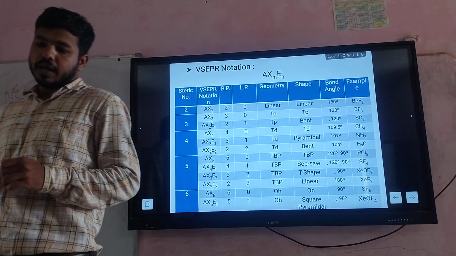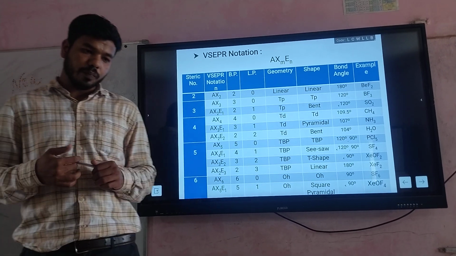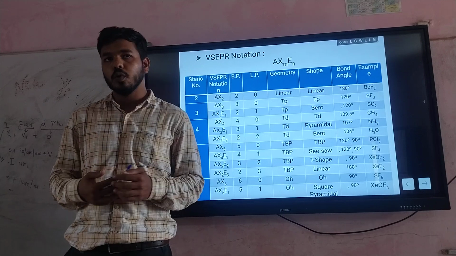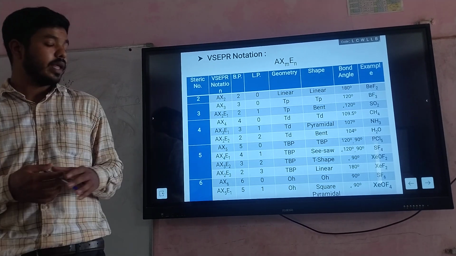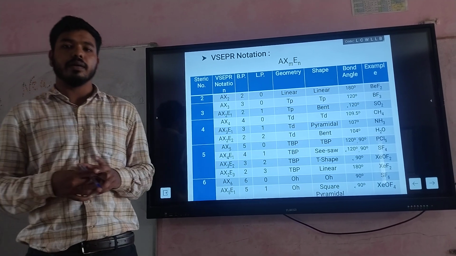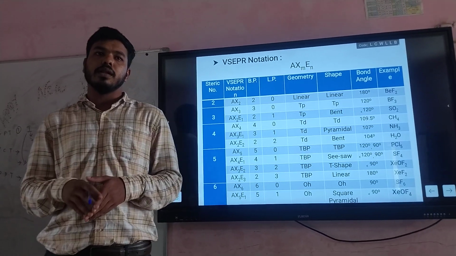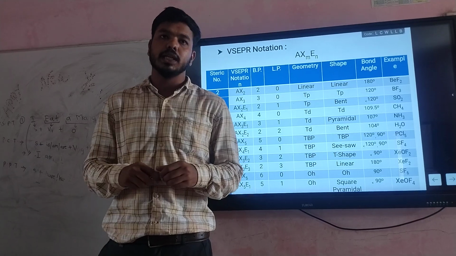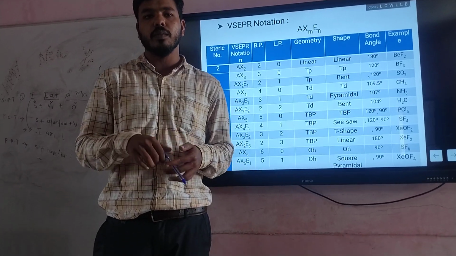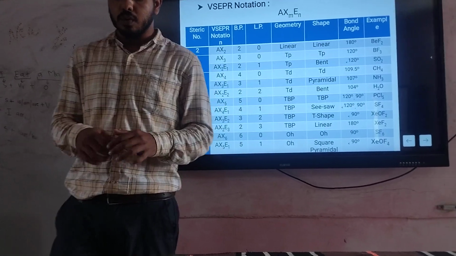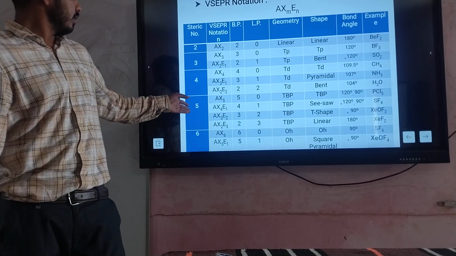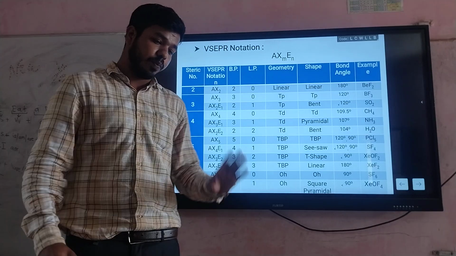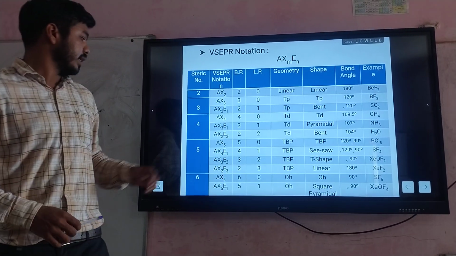Then the third case, AX2E2. In this molecule, the number of bond pairs is 2 and the number of lone pairs is also 2. Then the molecule shows tetrahedral geometry, but due to the presence of 2 lone pairs of electrons, the repulsion between lone pairs is maximum. The molecule shows bent or angular shape, and the bond angle is 104 degrees. Then next, if Z has value 5, then we have 4 cases, that is in the first case